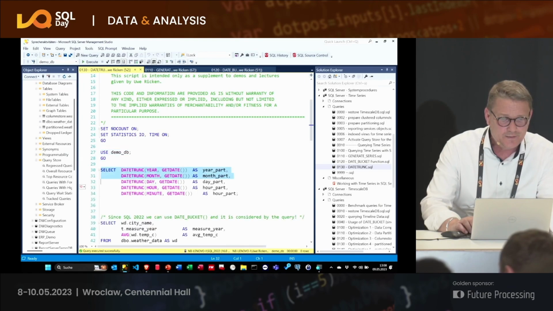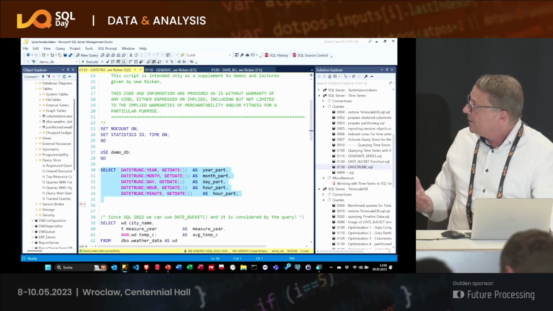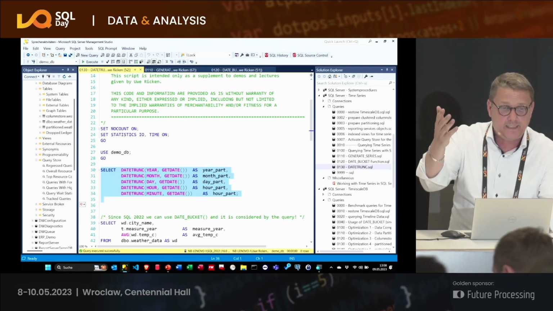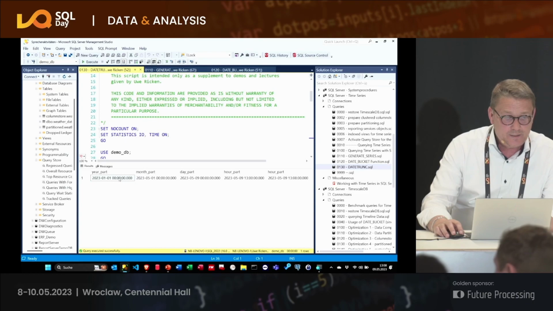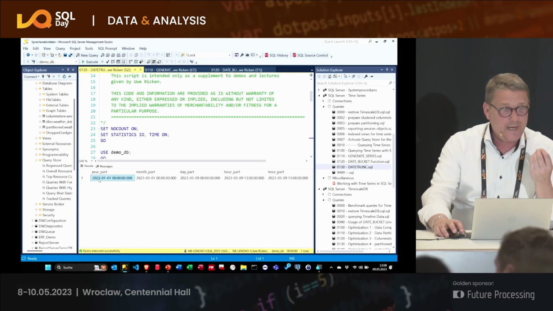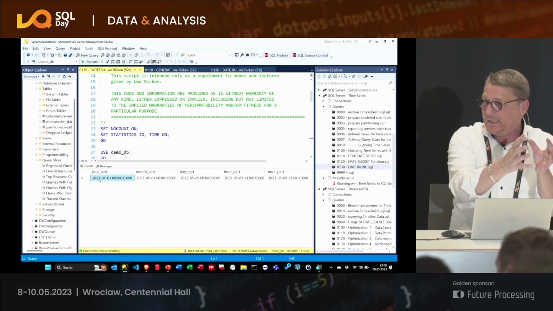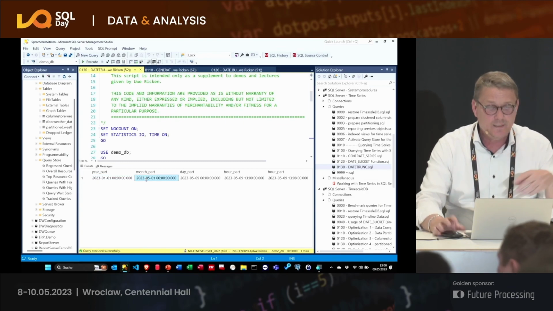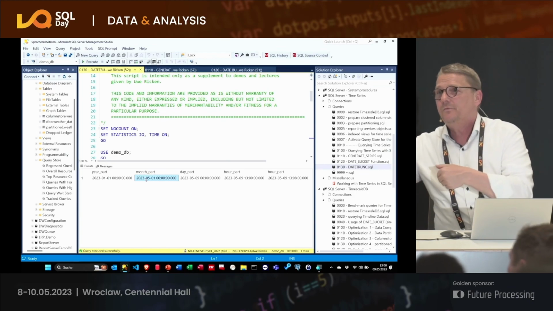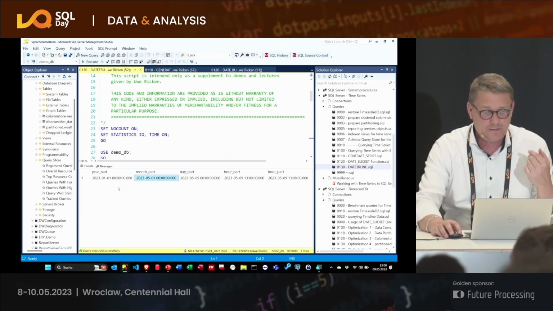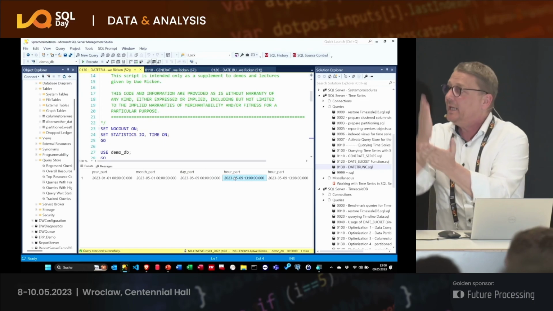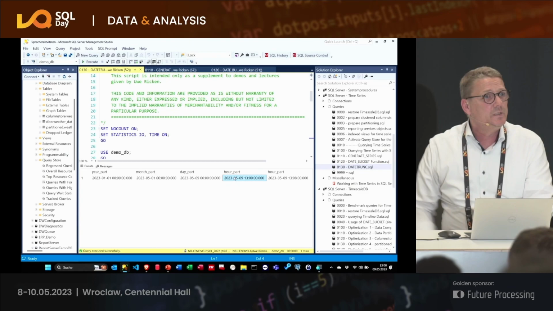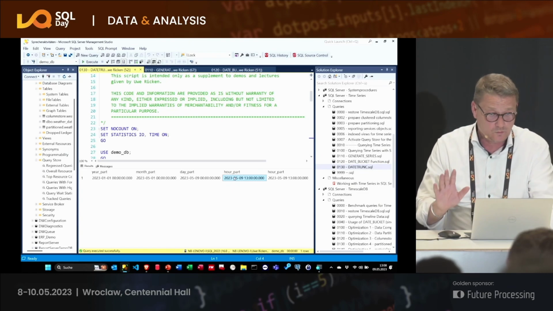Do it like this. When you use the truncate function, you can say, give me the year, the month, the day, the hour, the minute, the second, and so on, and see what happens here. So you see here, year takes a year and appends the 1st of January. The month takes the year and the month and adds the first day of the month. And so on and so on. So it truncates from the interval the rest of it, and fills it up with zeros. Super, super cool. Really cool thing.